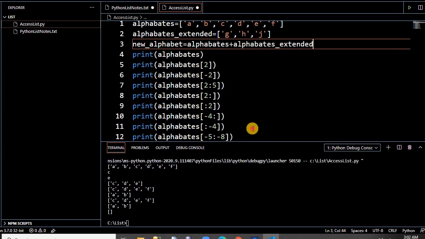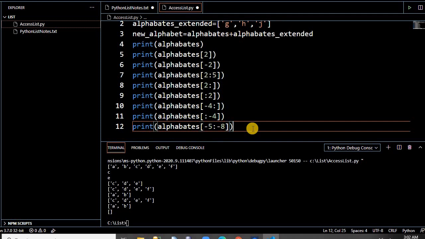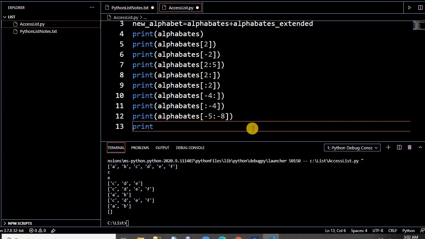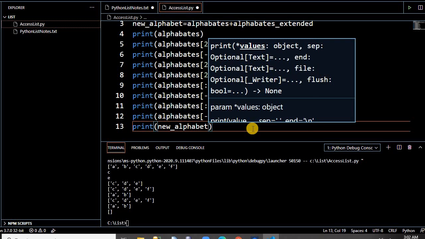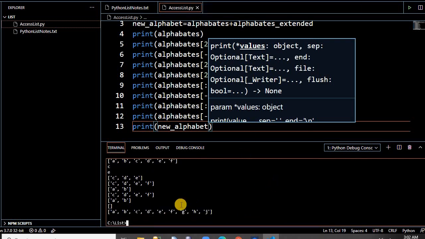Let's print this. It will print the whole concatenated list. See here.